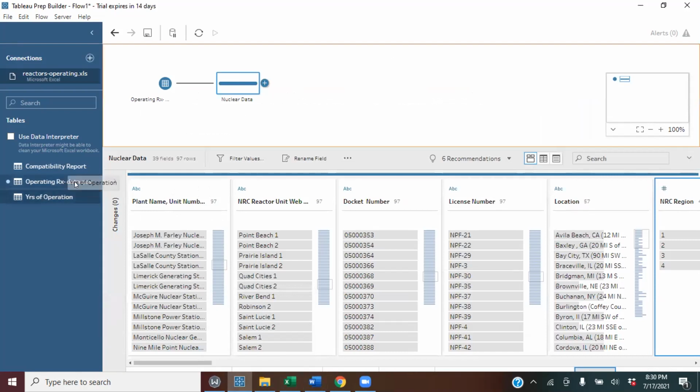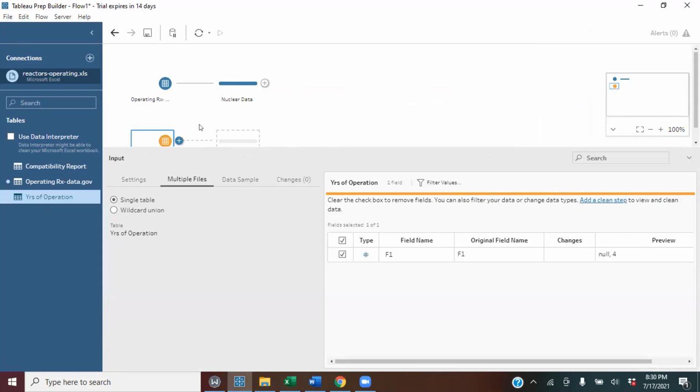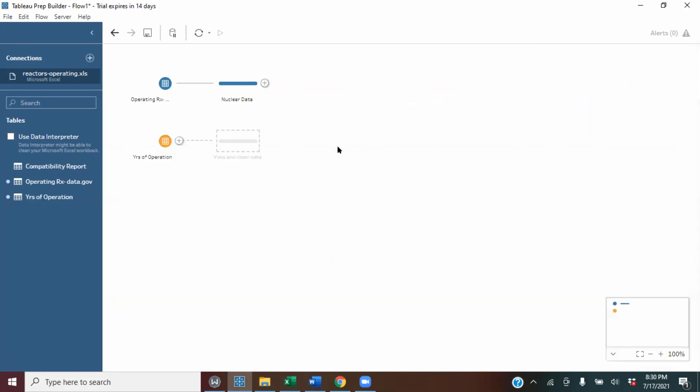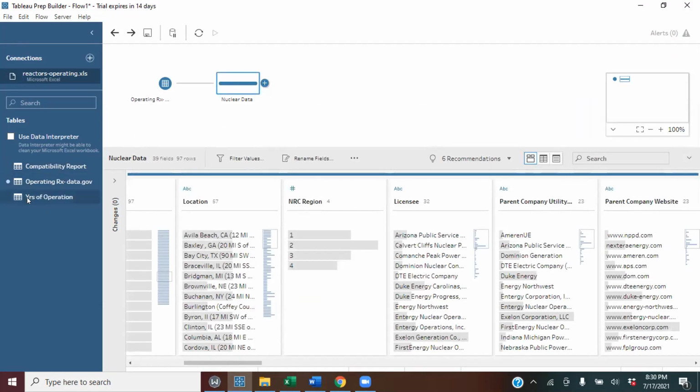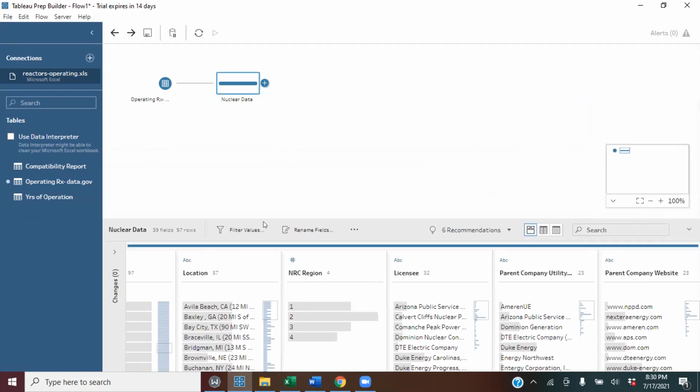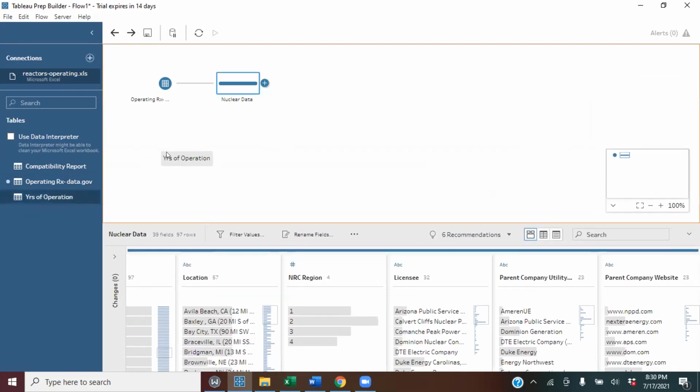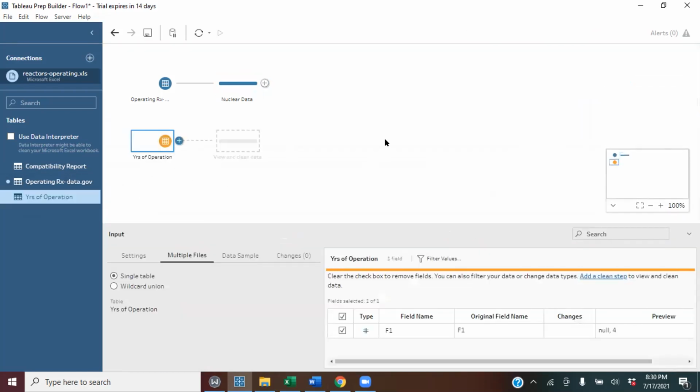Okay, so bring it into your canvas, don't join yet. Just drag that down and then add. So Chidi, you did not clean the data yet.